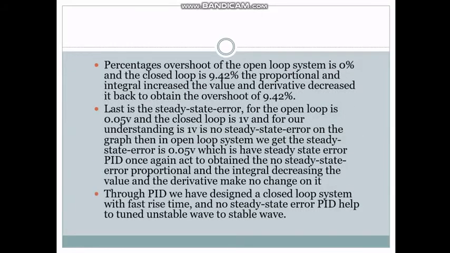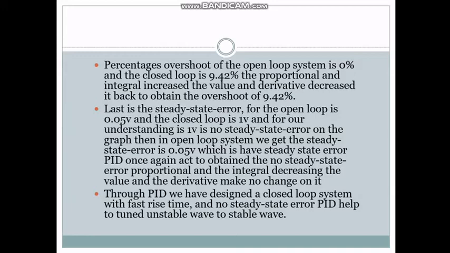After that, the percentage overshoot of the open loop system is 0%, and the closed loop is 9.42%. The proportional and the integral increase the value, and the derivative decreases it back to obtain the overshoot of 9.42%. Last is the steady state error. For the open loop it is 0.05 volt,